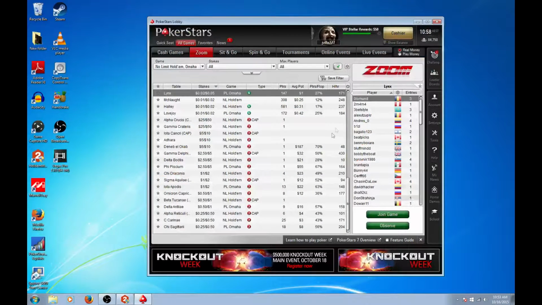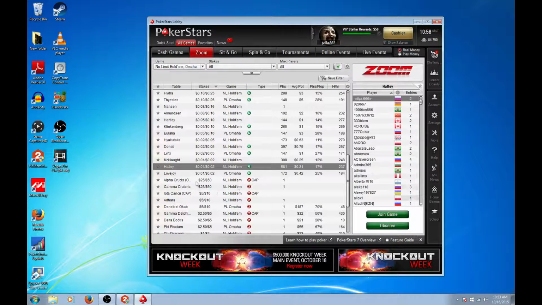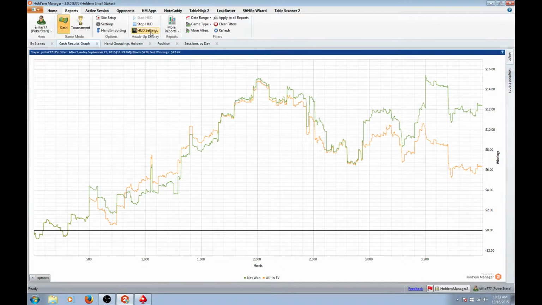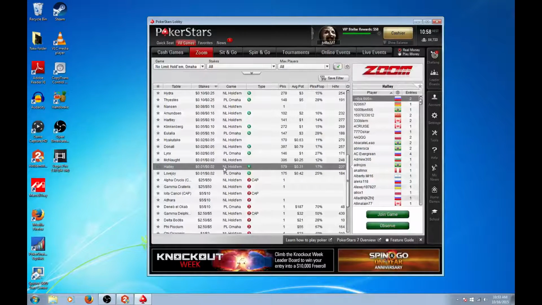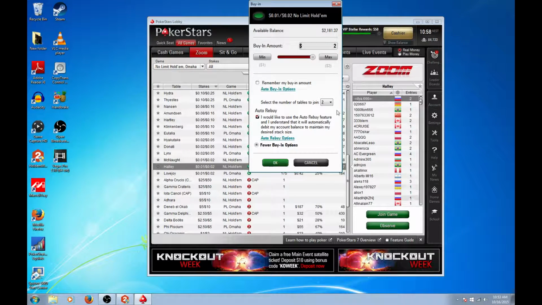Anyways, we'll go ahead and start our daily grind. We'll choose 1 cent, 2 cent, no limit. I'm just gonna turn off my HUD because we don't really need a HUD when we play micro stakes. We'll just open that up, and as usual, we're gonna be playing 4 tables, and we're gonna be taking notes. If we do run out of time, we might cut down to 3 tables